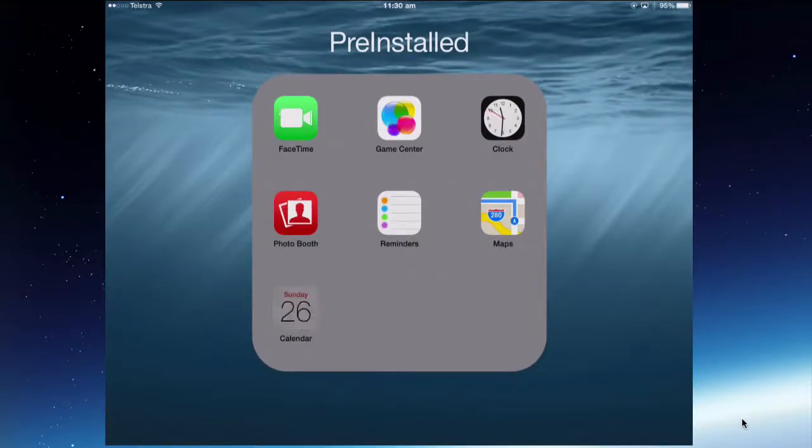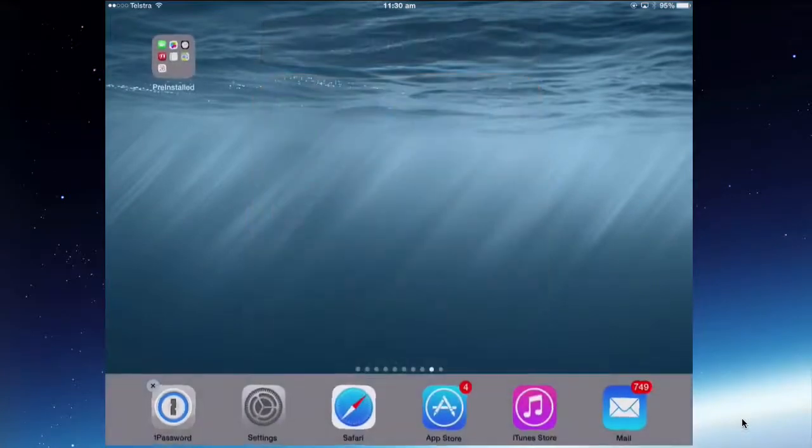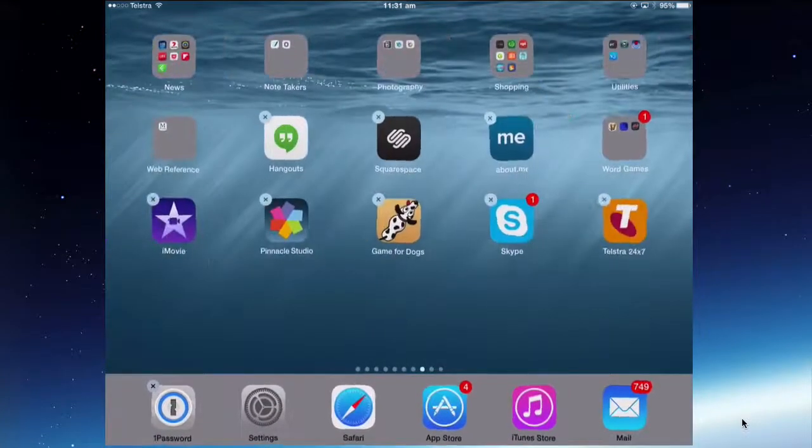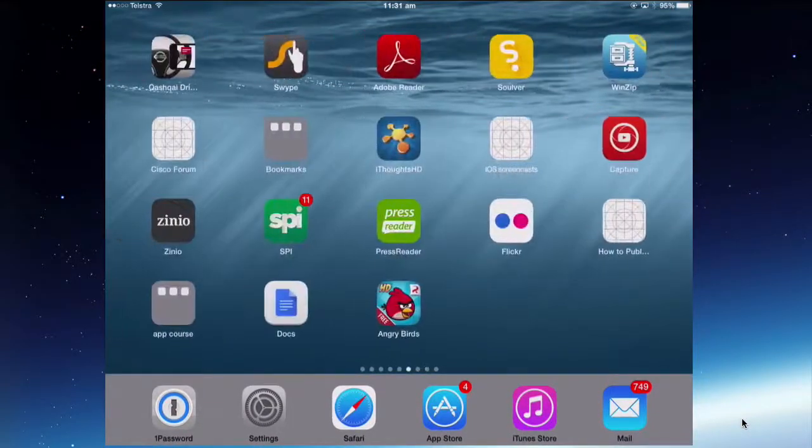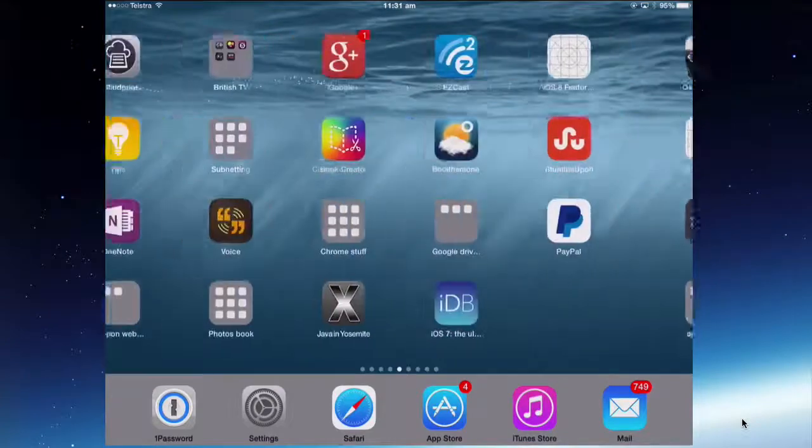Now, if I wanted to delete them, if I hold that down, they're wiggling, but you notice that there is no cross on them to delete them. You cannot delete pre-installed apps. All you can do is hide them. So if I find another app that is pre-installed,